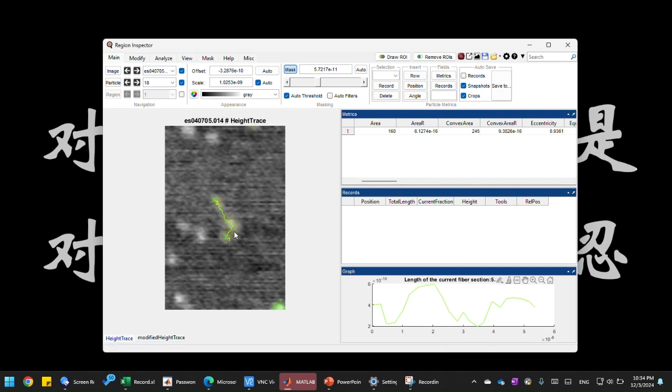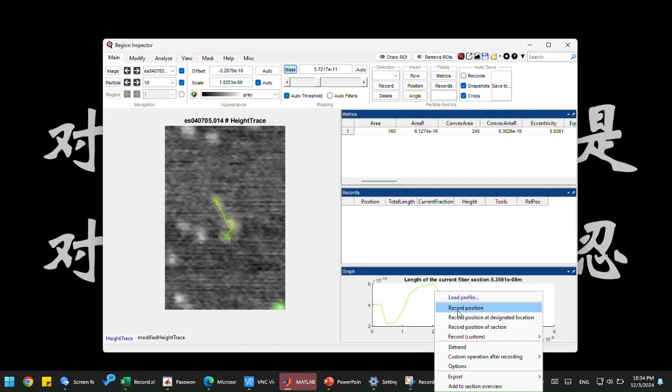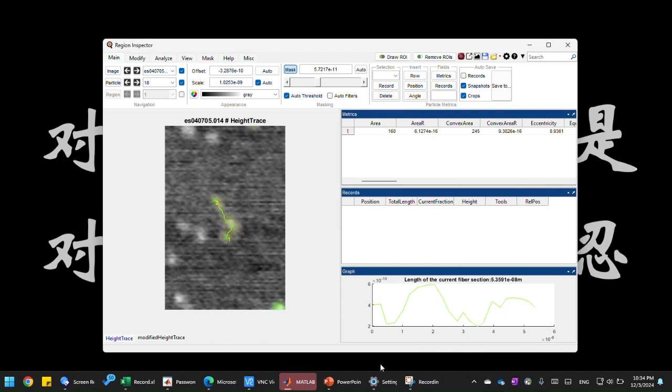Now, let's see how it does. Let's record, find the peaks. Yeah, it does a pretty nice job. So yeah, that's